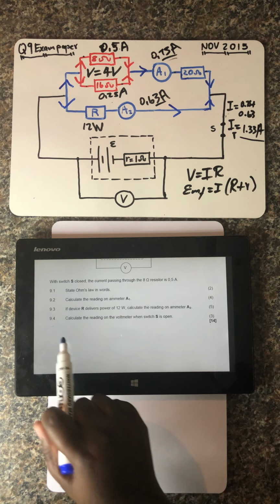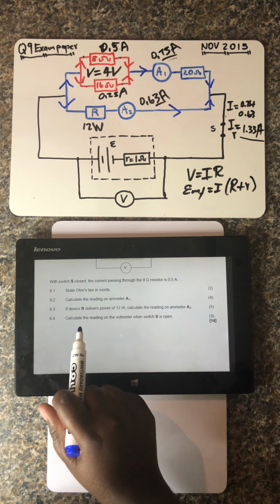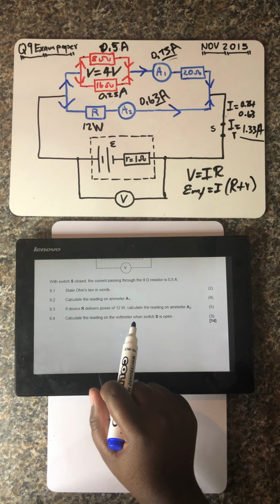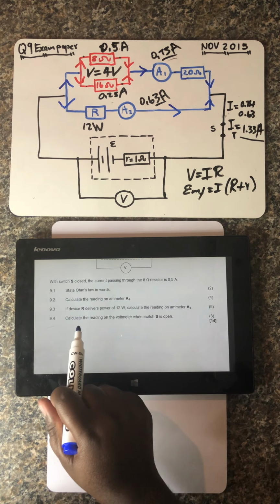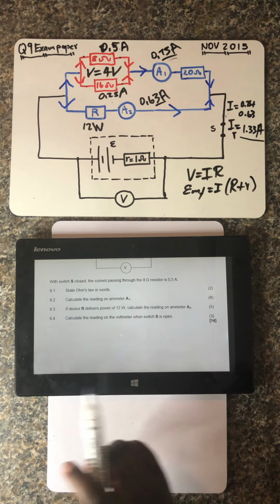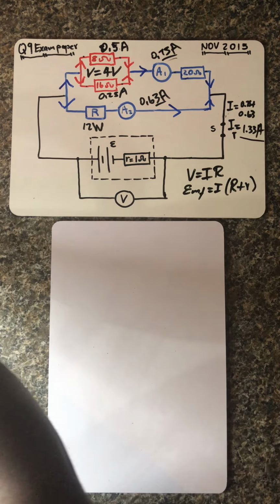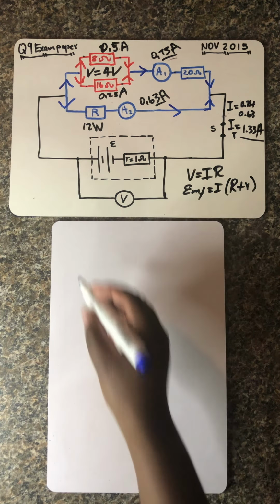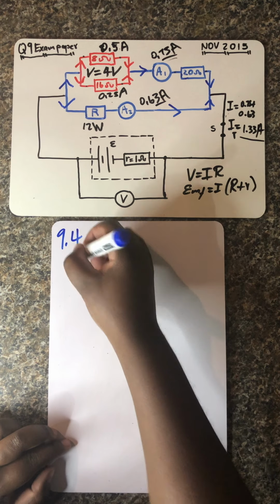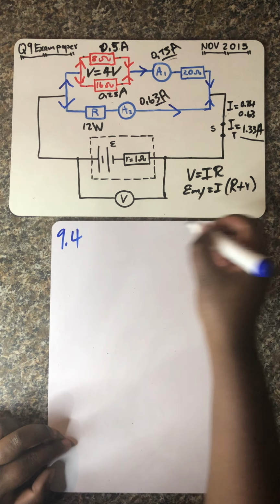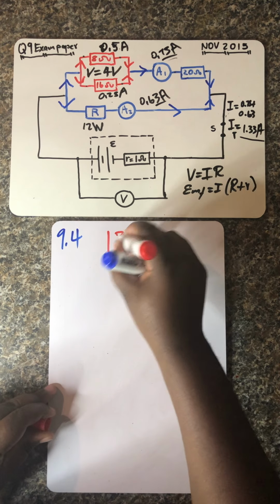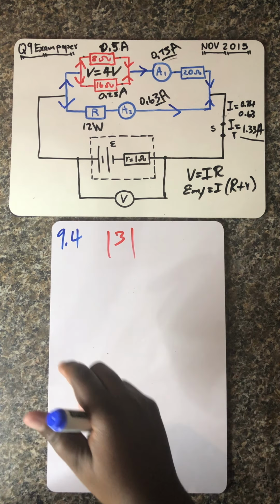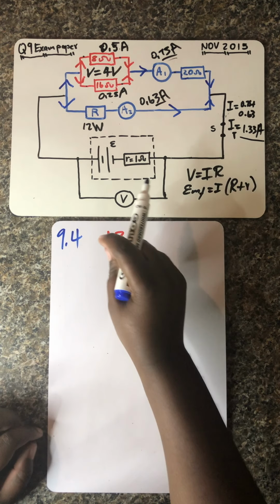So guys, we've got 9.4, which says calculate the reading on the voltmeter when switch S is open. So they want the reading on the voltmeter. Okay, so this is what they want. This question is 9.4 and it's allocated how many marks? 3 marks. So it's allocated 3 marks. Okay, so what they want is